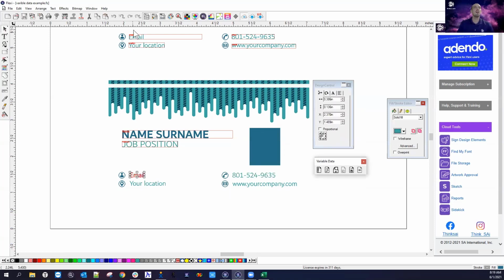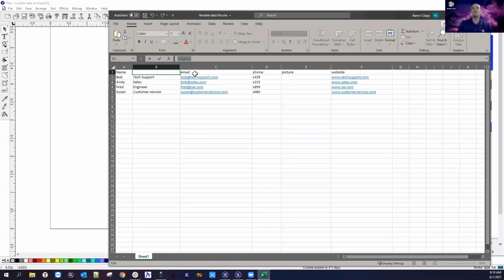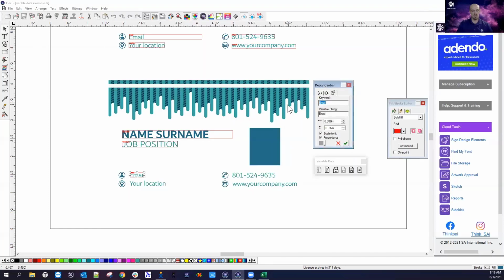Okay, let's grab the email and do the same thing. This is going to be really simple. We'll go to our email and copy and paste that in as our keyword. In this case, it's lowercase, so we want to be aware of that. Again, I'm going to drag this out because I know my email field is probably going to be a little bit longer. If you wanted to force it to be smaller, you can do that, and it'll actually reduce the size of the text